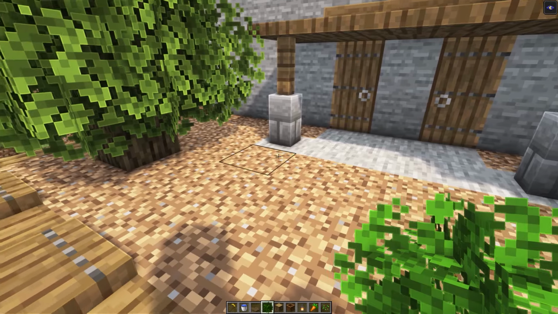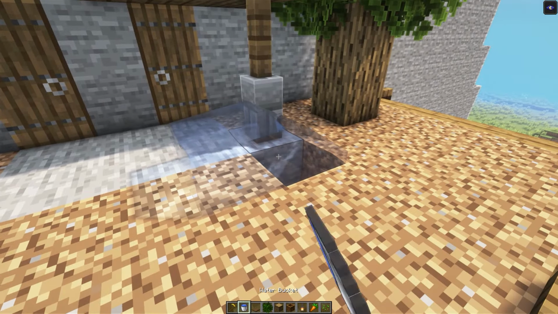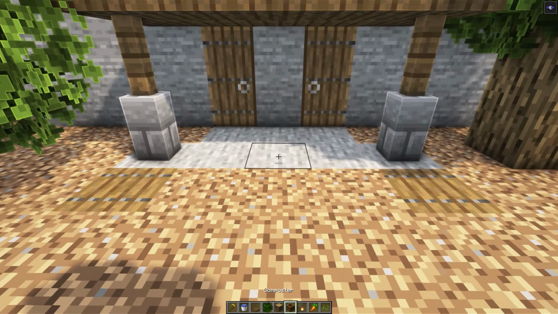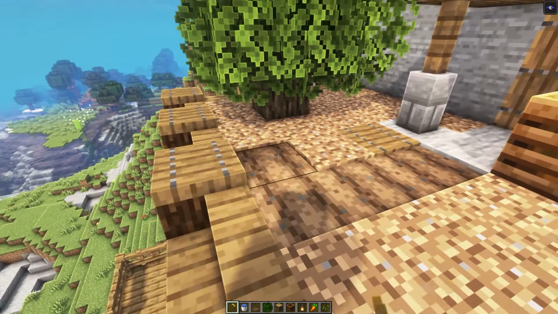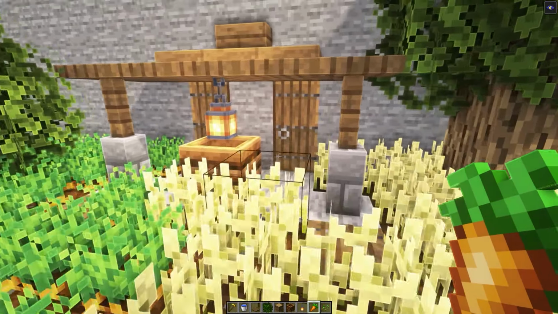Next up, we're going to be removing these 2 dirt blocks directly in front of the fences here and placing some water in its place. Don't misplace it like I did. And then on top of these here, we're going to be placing some spruce trapdoors just so you don't fall down in the water. Then in between the 2 fences here, we're going to add a composter and above it, a lantern. And now the last thing to do is to just till all of your dirt and add in your crops of choice. And now we're fully done with the roof for the base,